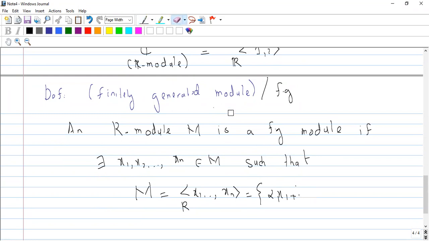So first we need to understand that the R module generated by x1 up to xn is a set of all possible linear combinations which we can